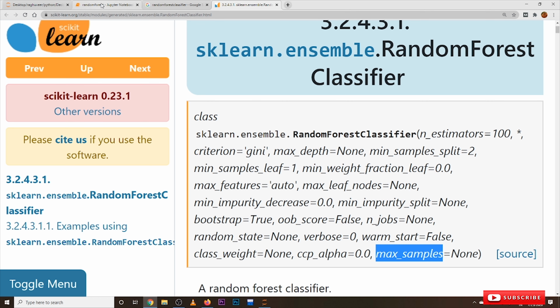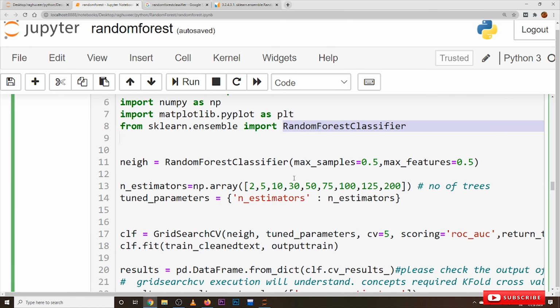Coming to execution, in the remaining part of the code, we are using the random forest classifier with max_samples equal to 0.5, max_features equal to 0.5, and n_estimators values of 2, 5, 10, 30 and so on. Out of these, which one gives the highest accuracy is selected by grid search CV.